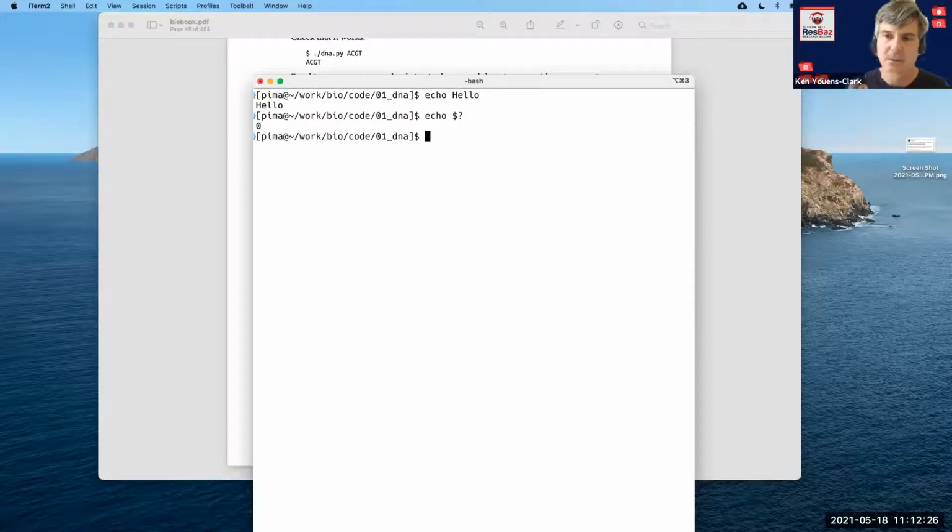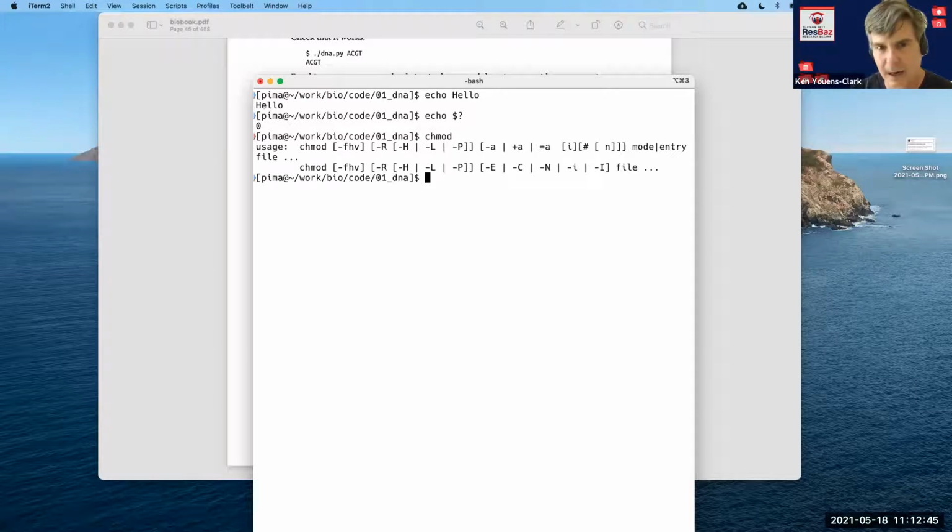And I do that, and it reports the number 0 because, weirdly enough, in systems programming, the output of 0 means basically 0 errors. So 0 is positive. That's thumbs up. It worked correctly. If I were to run chmod without enough arguments and look at the exit status from that, you'll see it's not 0 because I didn't give chmod the correct arguments.